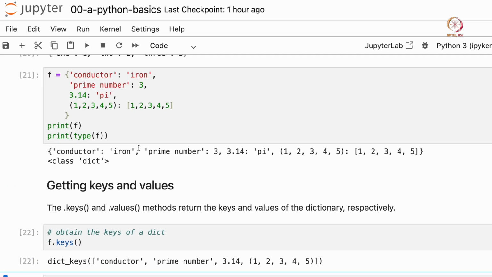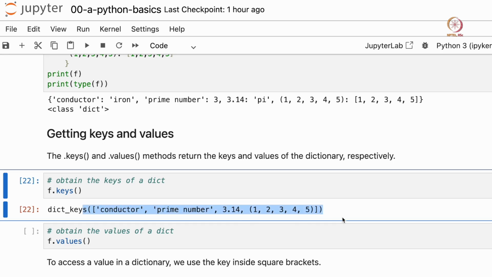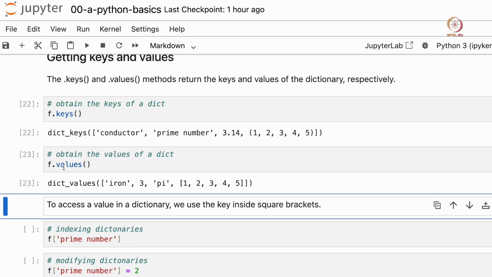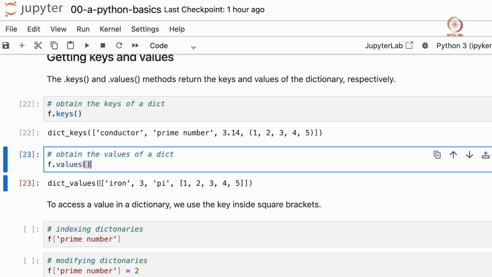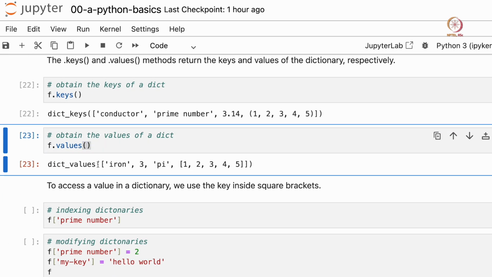So our keys were conductor, prime number, 3.14 and a tuple 1 to 5. And now if we want to obtain the values of the dictionary, we can access them by typing F dot values and then these brackets. So we get the values. The values were iron, 3, pi, string, and 1, 2, 3, 4, 5 list. So we recover these.